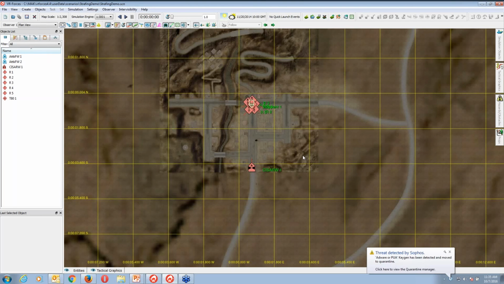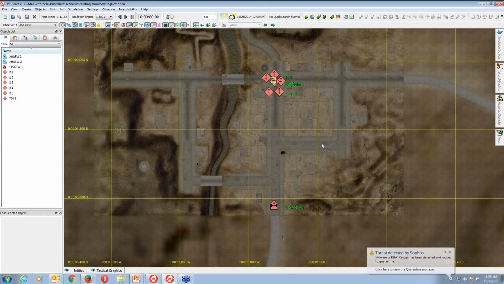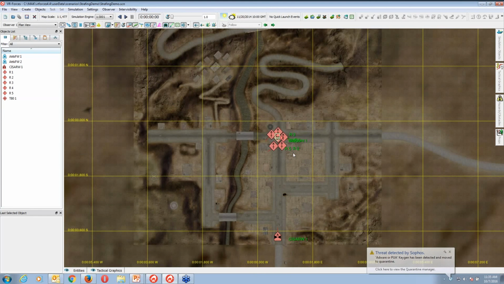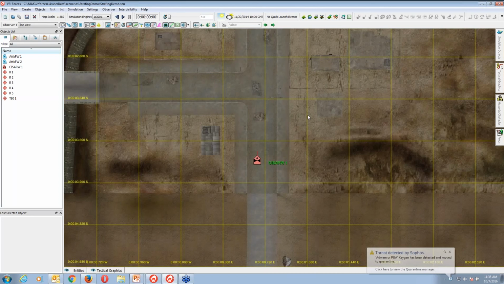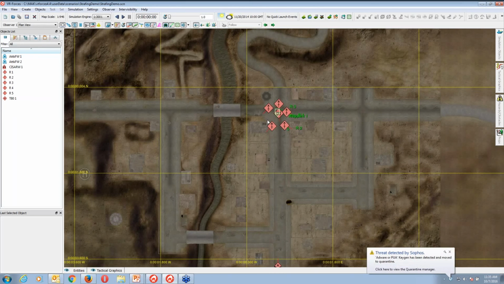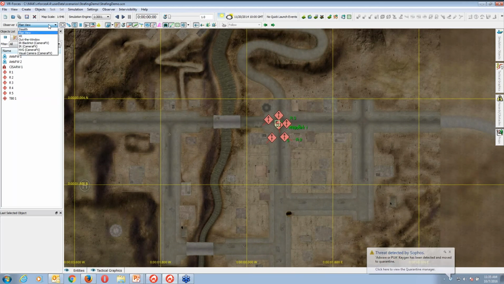Zooming in, you can see it's a village captured by some militants, the red forces, and one chopper. Now you can see it is in plan view, and the bitmaps you are seeing are MIL-STD-2525B. If you want to switch to 3D mode, you can go to the observer and change it to 3D mode.